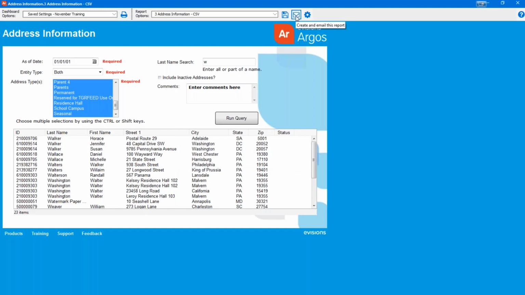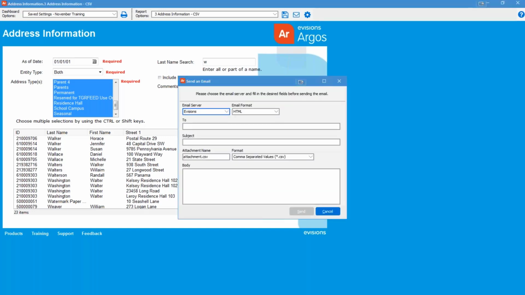The second option is to send the report as an attachment in an email. Please note that your administrator must first make the email option available. Clicking the email icon brings up the Send an Email window where I can configure my email. The default email server has been selected for me, so I would fill in the remaining fields with my email